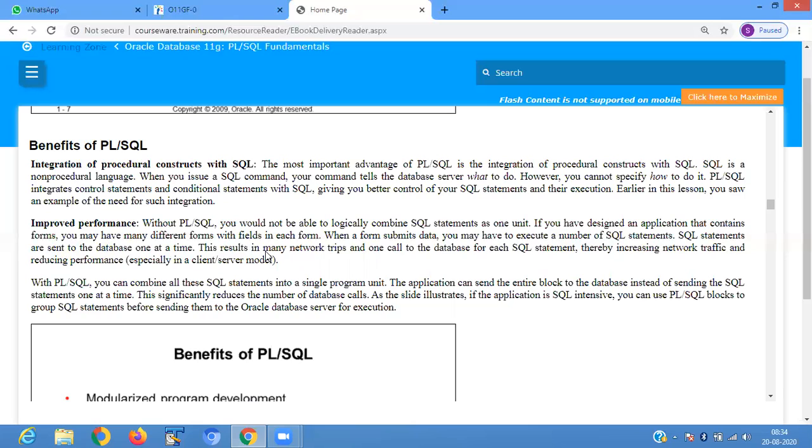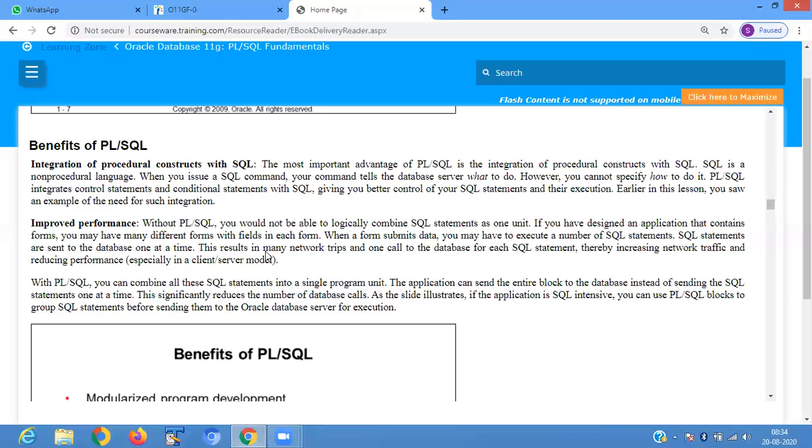Next is improved performance. Without PLSQL, you would not be able to logically combine the SQL statements as one unit. If you have designed an application that contains a form, you may have many different forms with fields in each form.